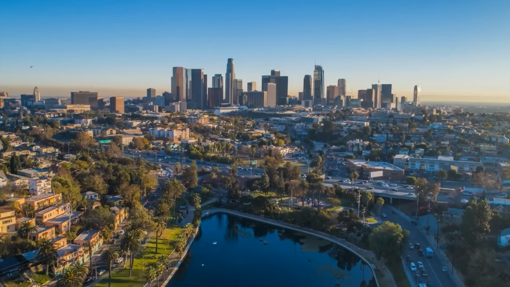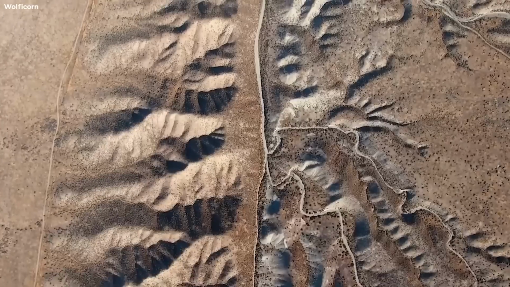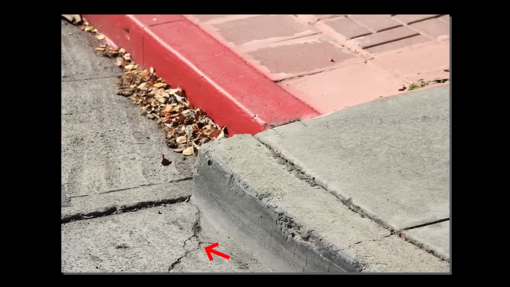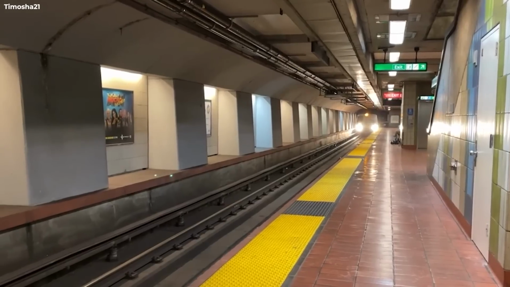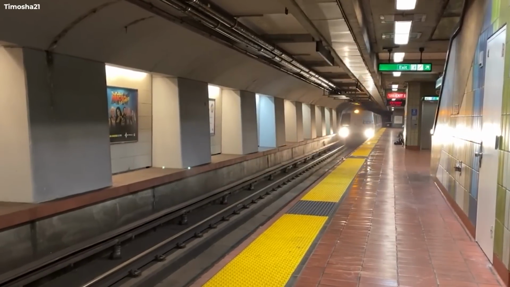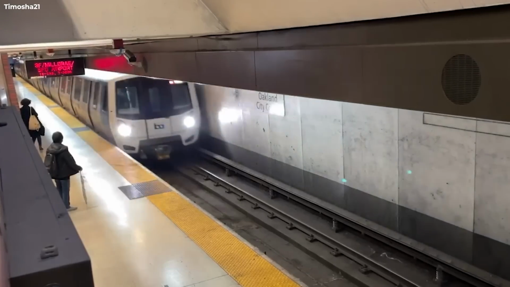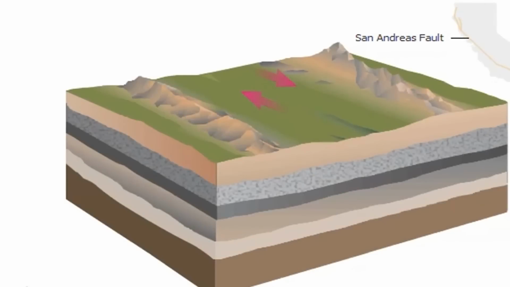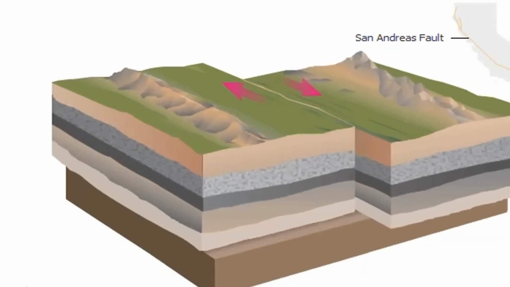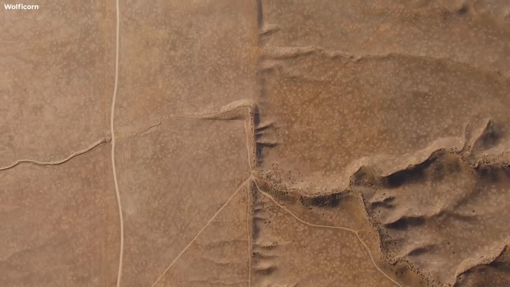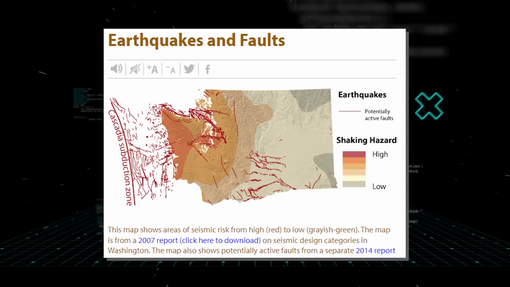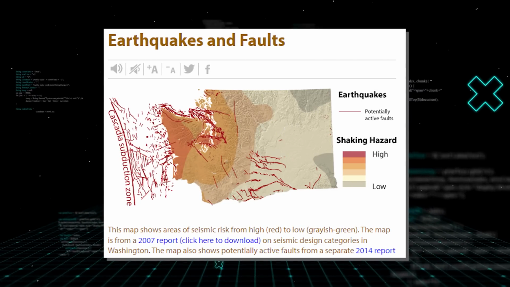A great majority of the Californian population resides in the vicinity of this fault, and a few towns, cities, and roads are even built on it. A tunnel of the Bay Area Rapid Transit System of San Francisco is bored exactly through the fault area. Slippage of the plates doesn't happen annually. Instead, the pressure from the compressional forces builds up over many years and finally slips in the form of one significantly large earthquake. And these earthquakes are the reason why scientists are always worried about these fault lines.